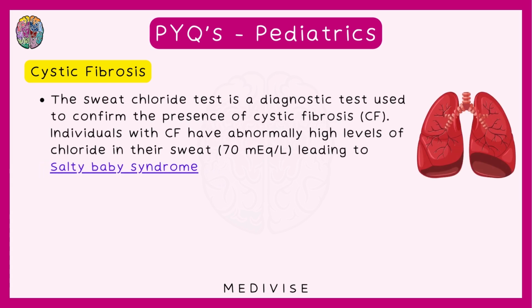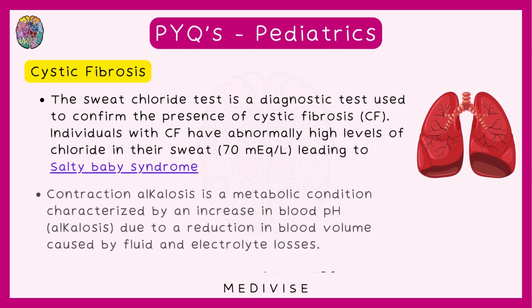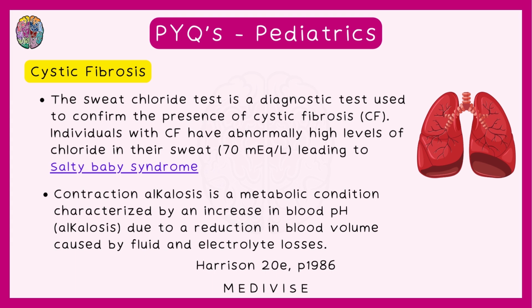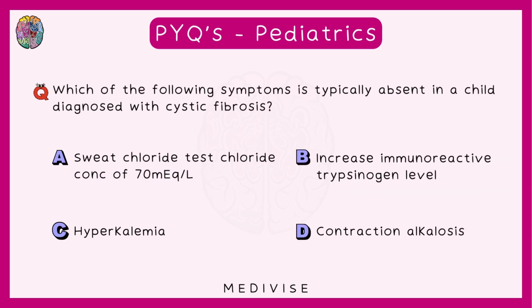Now, what else? This can be diagnosed with the help of sweat chloride test. In this disease, there is an increase in the chloride levels in the sweat. This can actually lead to what is called salty baby syndrome. Now, if we measure the chloride in the sweat, we will find that it is more than 70 milliequivalents per liter. And this is how we can diagnose this. We also see contraction alkalosis due to a reduction in blood volume caused by fluid and electrolyte losses. So if we go back to our options, hyperkalemia was not mentioned, so here our correct option is option